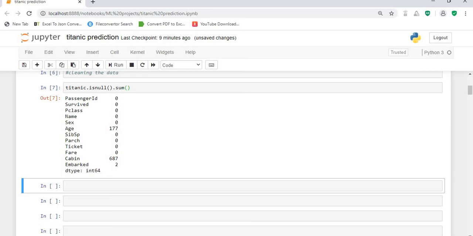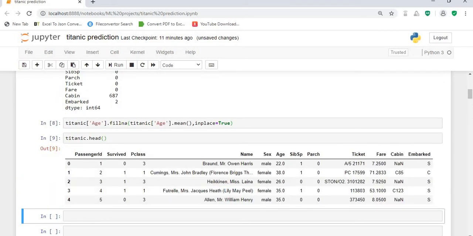So instead, we are going to use the average value. We are going to fill the average value for all the missing age values. Now we can see that all the missing values are filled with the average value.